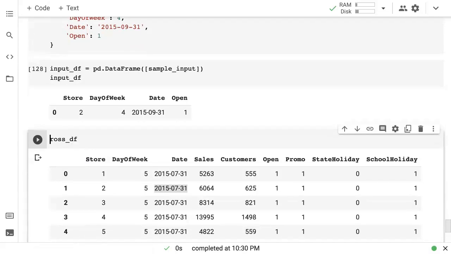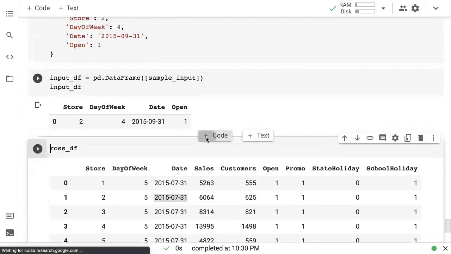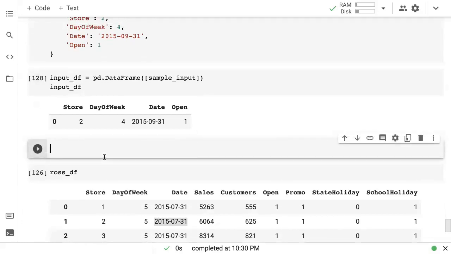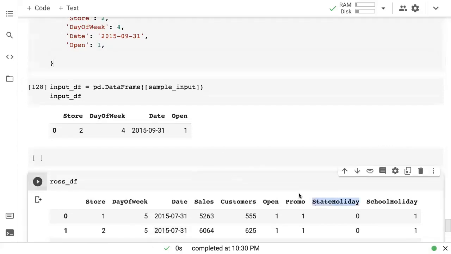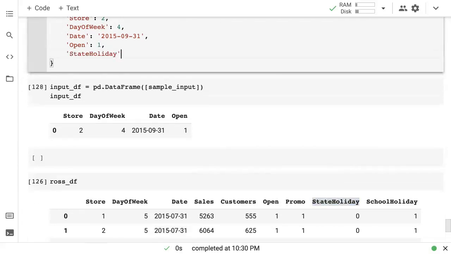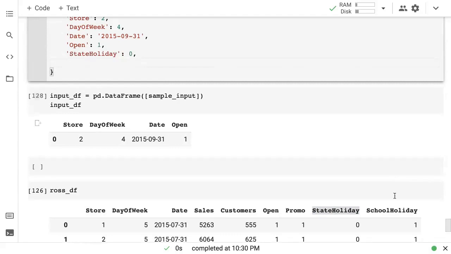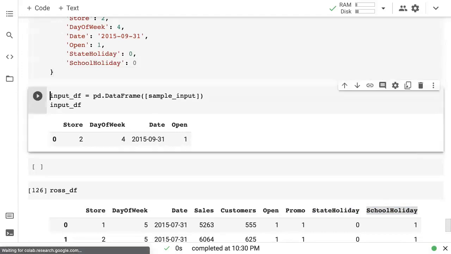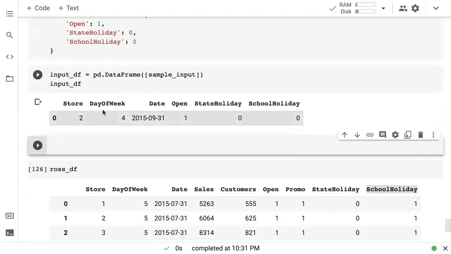Yep, there we go. Input_df. And then you would then have to perform all the pre-processing that we had performed earlier. Of course, I should also put in this information. Let me just add that quickly. State holiday is 0 and school holiday 0. Yeah, so that's your input data frame.